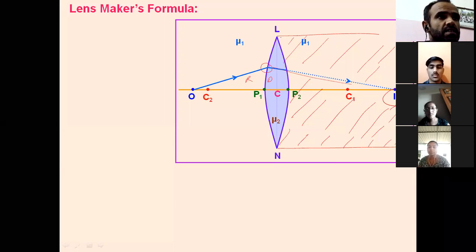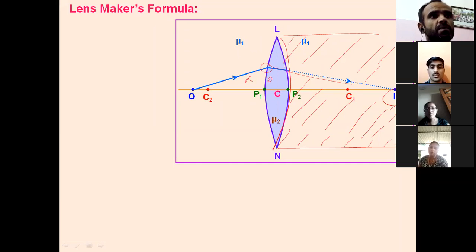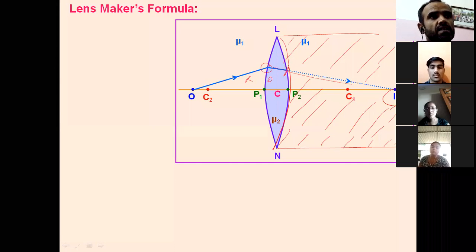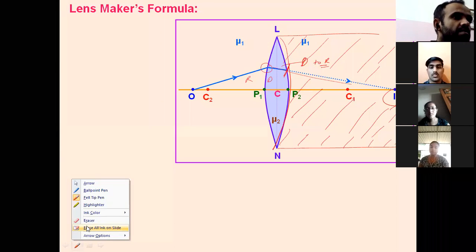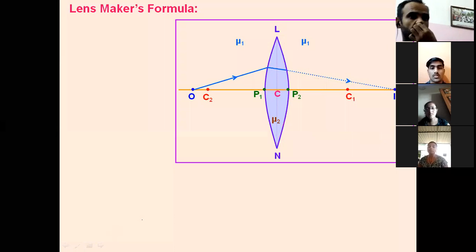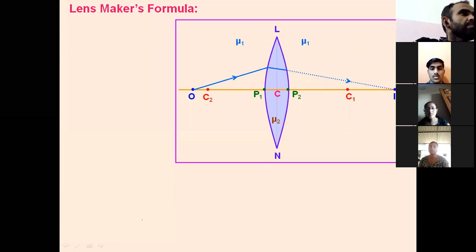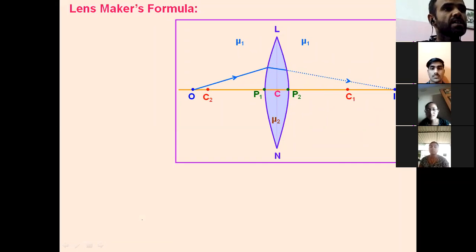As you can see, after LP2N, at this interface, again it is coming from denser to rarer medium. Means one more refraction will be there. समझ में आ रही बात? It will suffer one more refraction at face LP2N. So let us see how